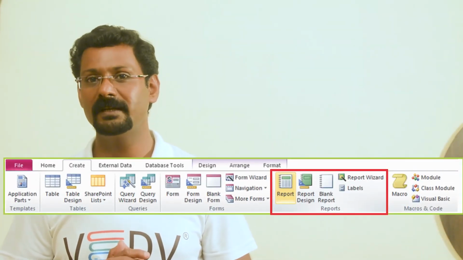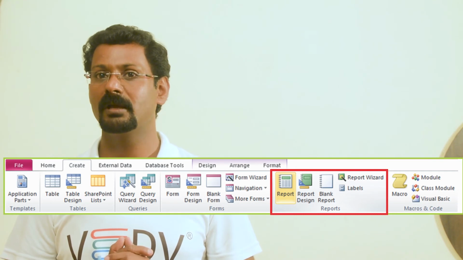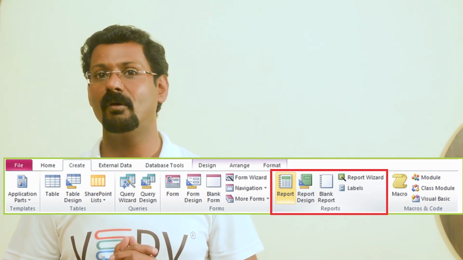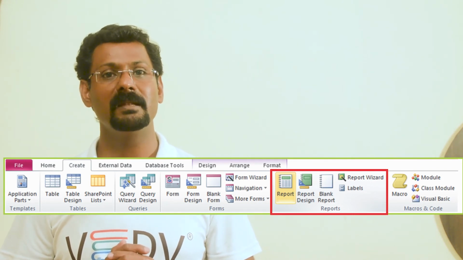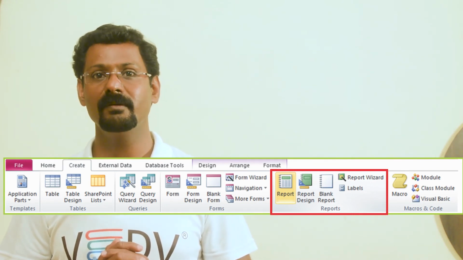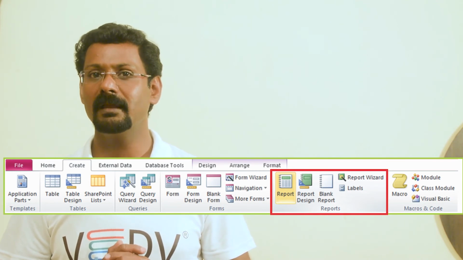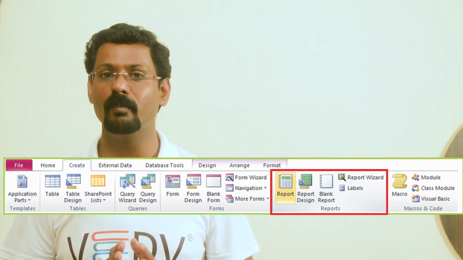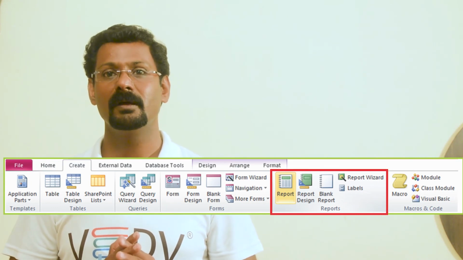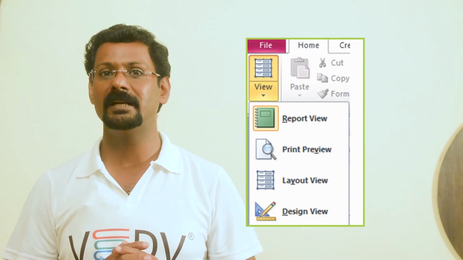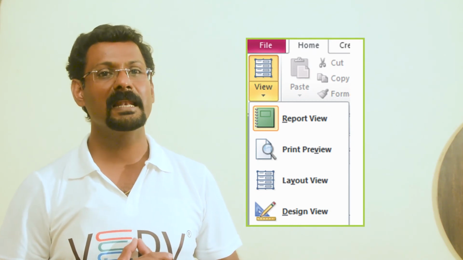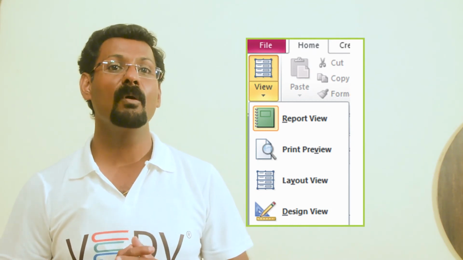Number 1, open the database and click the Report command from the Create tab in the Reports group. Number 2, click on the table name in the navigation pane on which you want to create a report. Click on the Report icon in the Reports group. Number 3, all the records are displayed in a tabular format with the title, date, time and page number as shown below. Four views are available in which reports are displayed in MS Access. To view these, click on View, Report, Design tab on the ribbon.